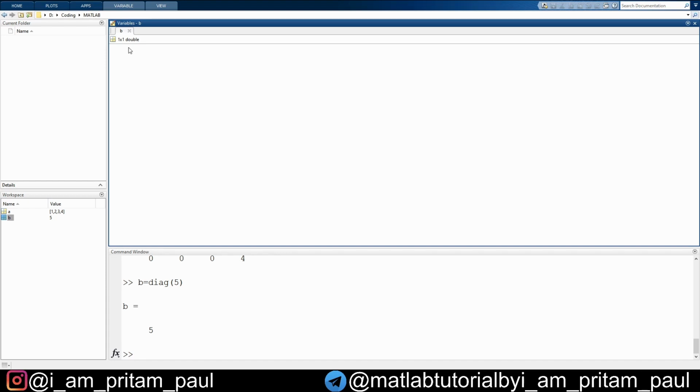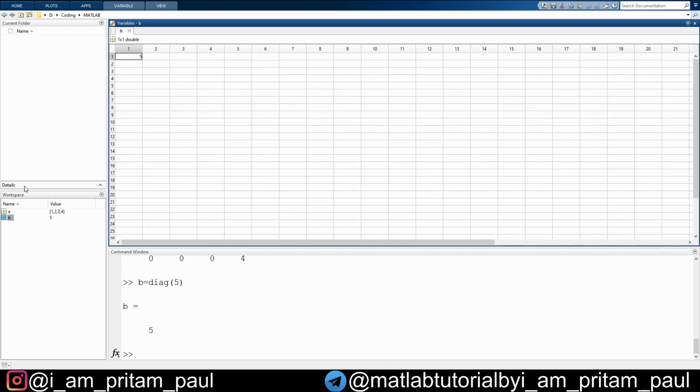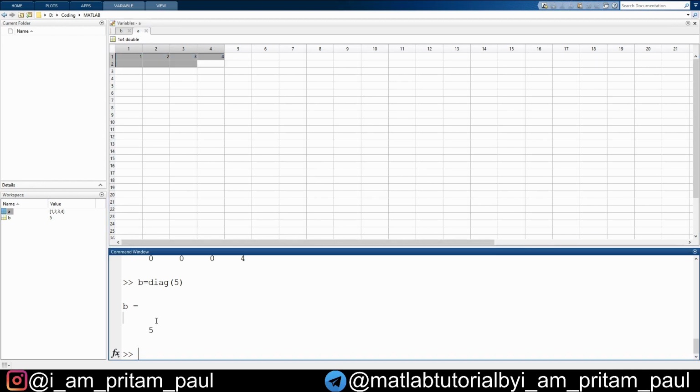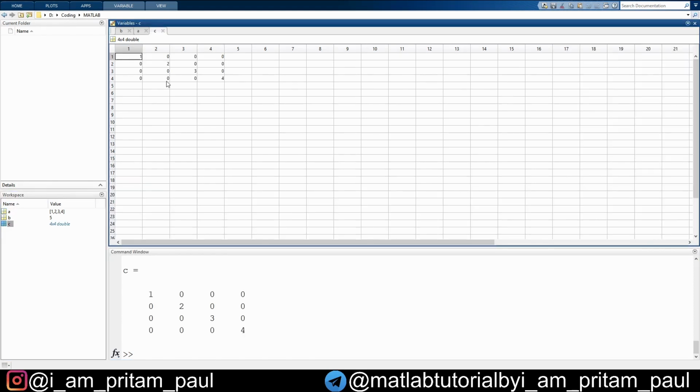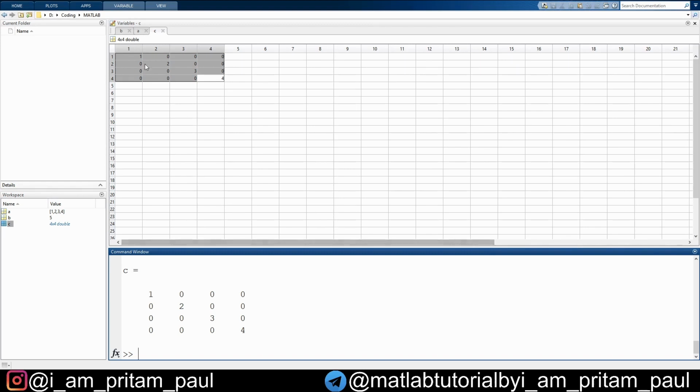You can see here, 1 by 1 double precision matrix. But if I use A, it will be containing this one. So for example, if I write C equal to DIAG of A, then you can see that C equal to this, that means a 4 by 4 double precision matrix. So in this way we can easily